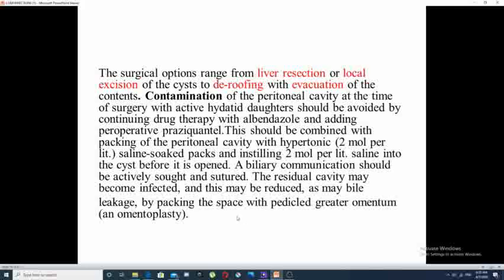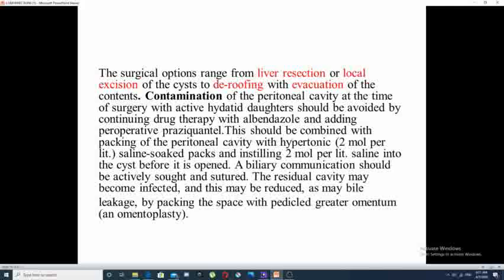The most important challenging point in the surgical management of the hydatid cyst is contamination of the peritoneal cavity with the cyst content, which may result in seeding of the hydatid cyst within the peritoneal cavity at time of surgery with the active hydatid daughter cyst, and this should be avoided all the time by continuing drug therapy of the patient with albendazole,